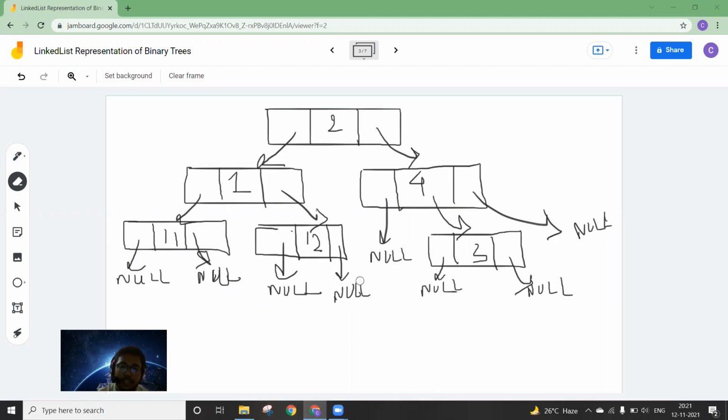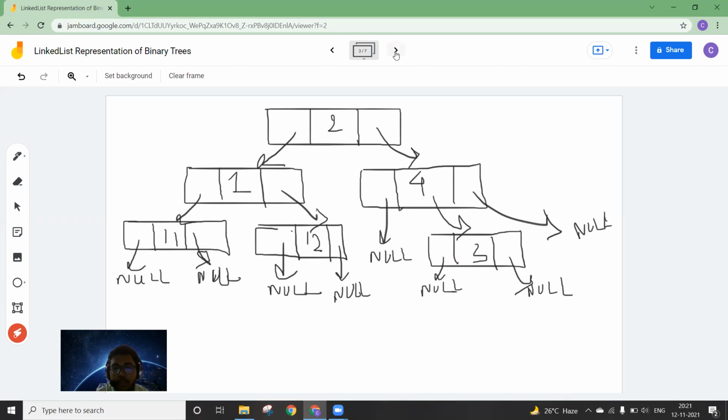In the previous two lectures, we saw different representations of binary tree. The first one was array representation and the second one was linked list representation. But we know that the array representation was not so efficient. So today we will go more deeply into the linked list representation as it is more efficient and easier to use. Okay.